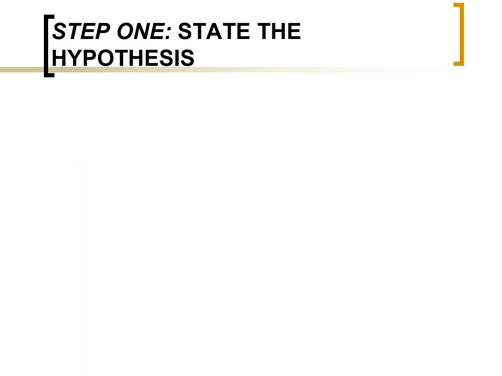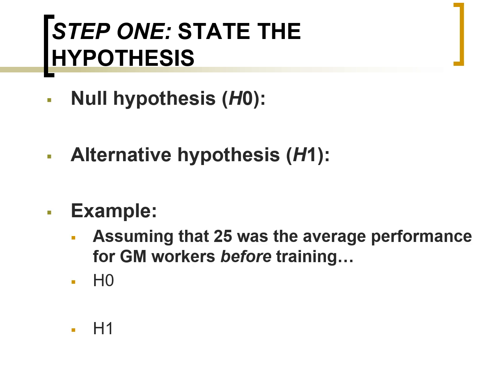First of all, if we're doing hypothesis testing, we have to have a hypothesis. Now, we're actually doing two hypotheses. We have what's called the null, saying that there's no effect, and the alternative is, well, there's some effect. There's some difference, there's something meaningful happening. So for example, in our GM worker performance example, for our null hypothesis, basically we give a sample the training, and that training mean is 25 or as close to 25, and that means our training didn't work. No effect, null hypothesis supported.